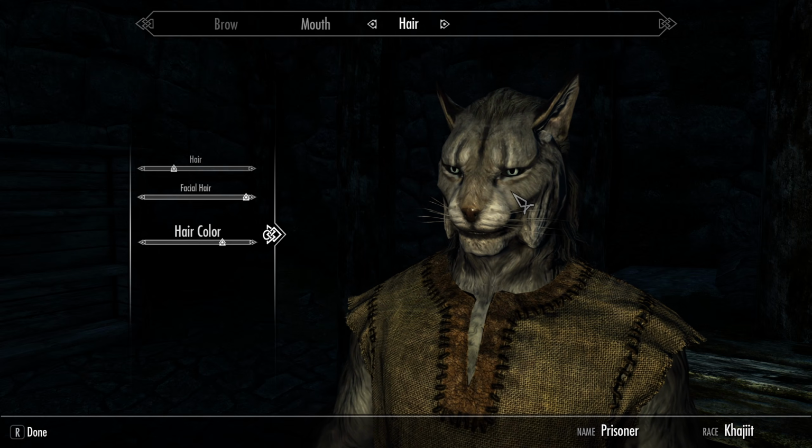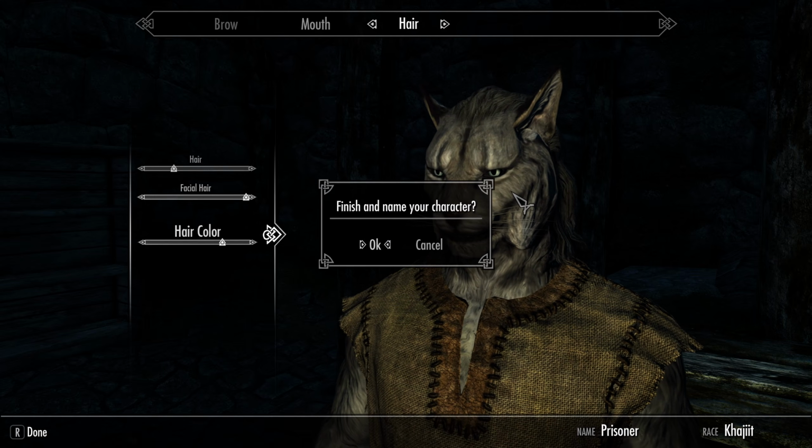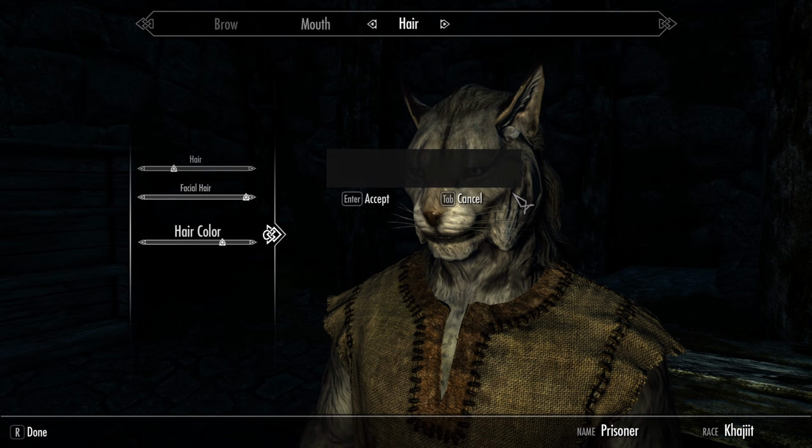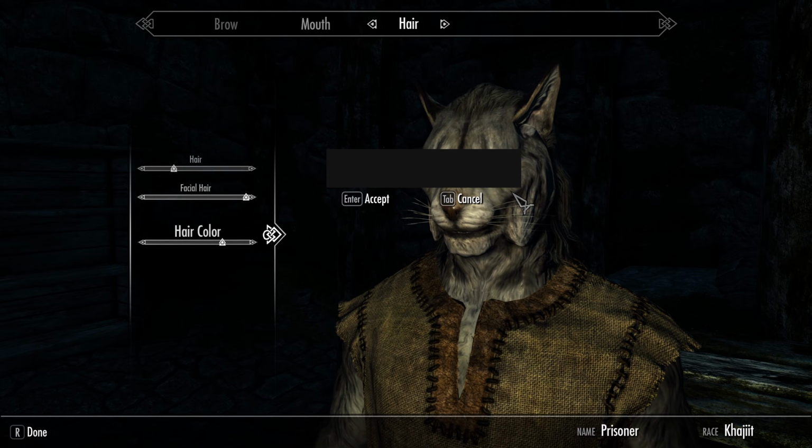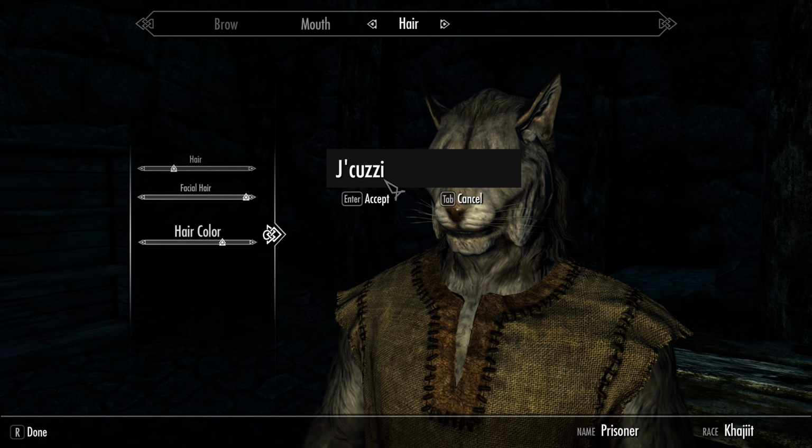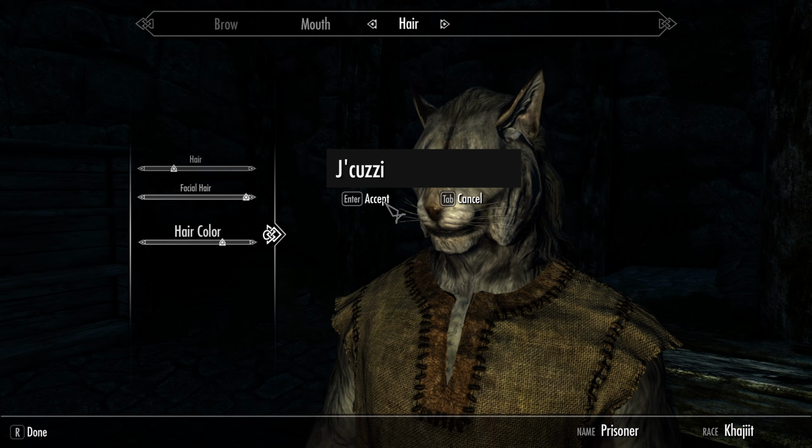So I'm going to give this guy a name, and following the standard Khajiit naming conventions, since this guy's going to have an aptitude for magic, I'm going to start with the prefix J', that's J apostrophe, and then I need a suitable ending for that, and I like the sound of koozie, so it's going to be J'kuzi. Now, I don't know much about my character's personality yet, but what I have decided is that in a word, he's going to be bubbly.